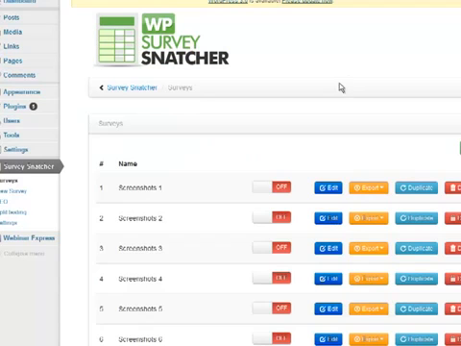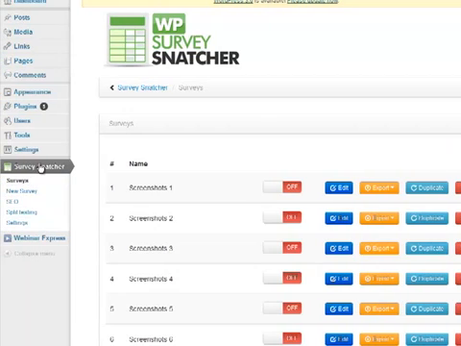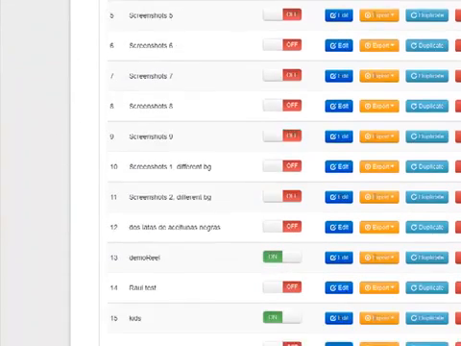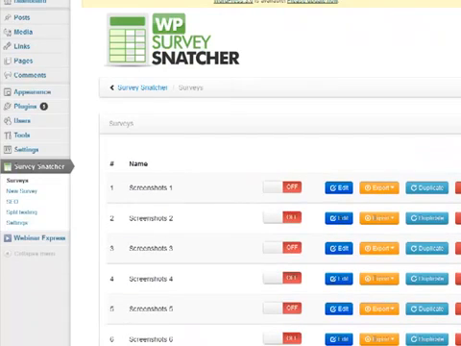So here we are in the back end, and if I now move my screen in here, SurveySnatcher, here it is. You've got your surveys, which is this here, it's my list, and you can have an unlimited number of surveys on your site. So why would you want unlimited surveys? Because you might have one page or a post which is all about Euro coffee machines. So you want to have a very specific survey about Euro on that one, or you might have a different page on, you get the idea. So you can do them as specific as a page.